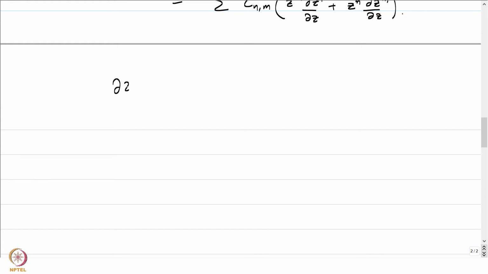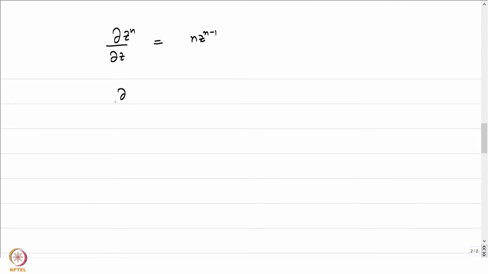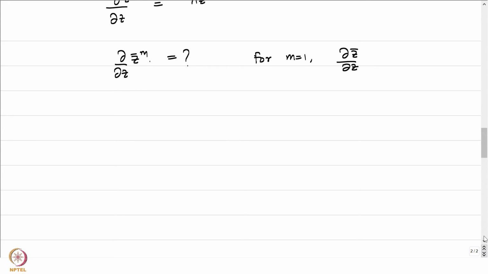So ∂z^n/∂z is equal to n times z^(n-1). Let's now look at what is ∂/∂z of z̄^m. This is what we are interested in. The other one we already know. To compute this, what we will do is we will just compute it for m equal to 1. For m equal to 1, this is going to be ∂z̄/∂z. And one should actually, I'll just leave this as an exercise to you. It's a very straightforward